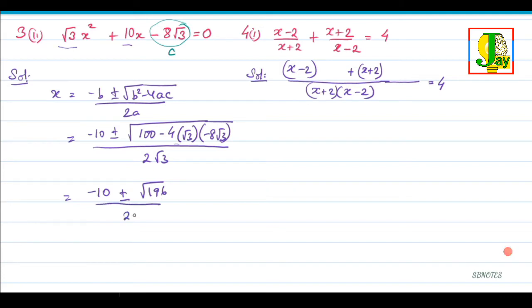So by 2 root 3, that's minus 10 plus minus root over 196, which is 14. So remember the simple square roots, and 2 root 3. So what we get, the two roots, we get minus 10 plus 14, how much? 14 minus 10 is 4, 4 upon 2 root 3, and the second one is minus 10 minus 14, which is minus 24 upon 2 root